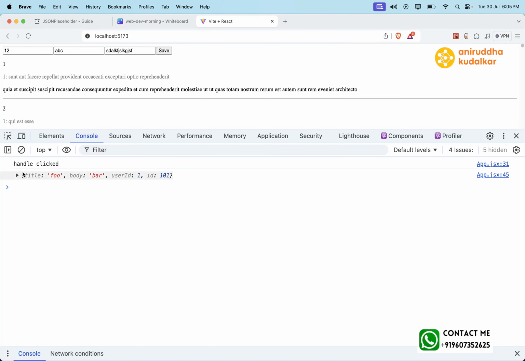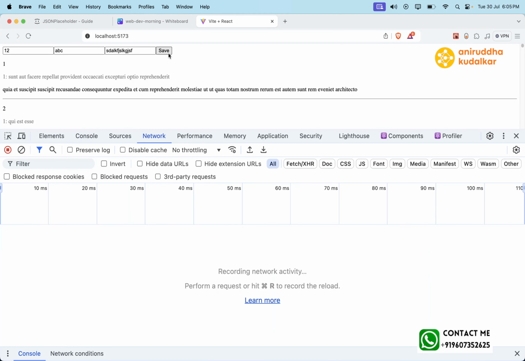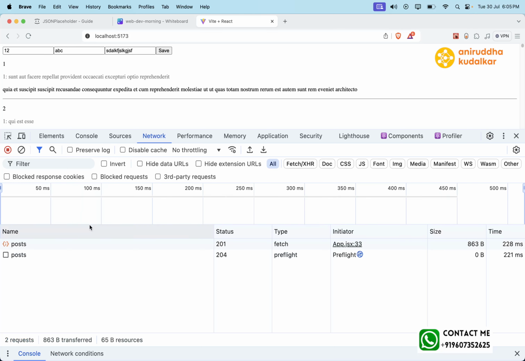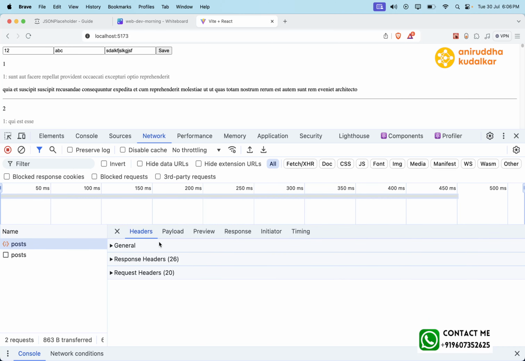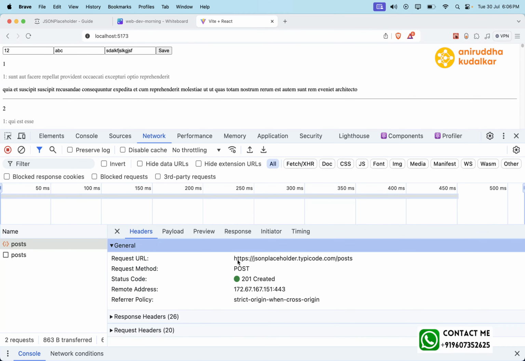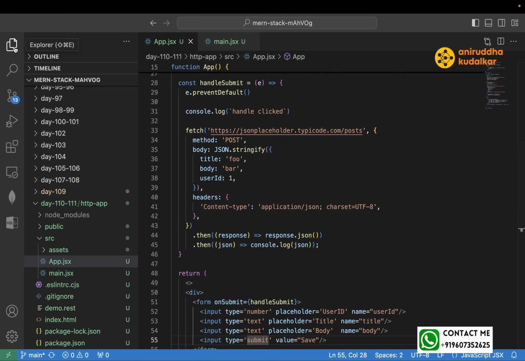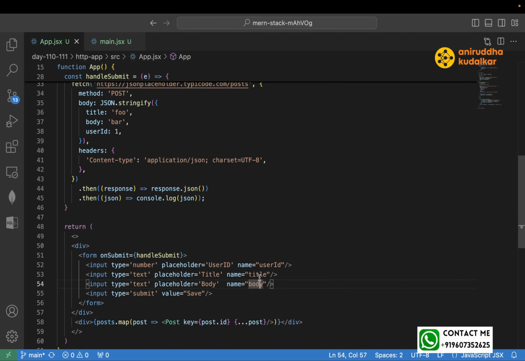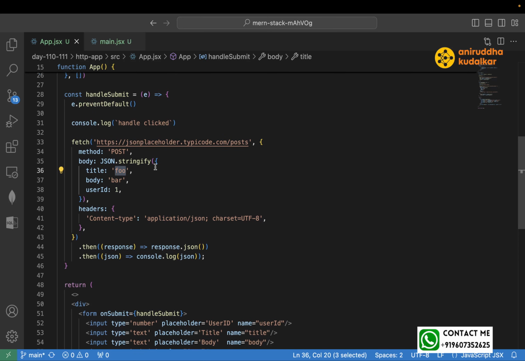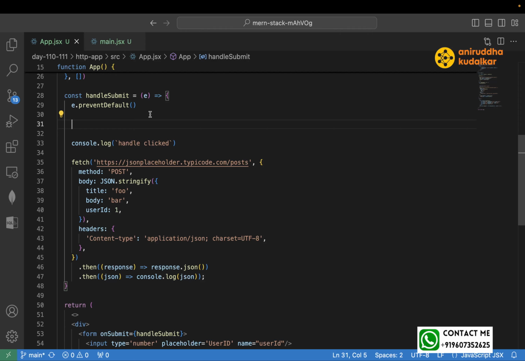Can you see handle clicked? And see, if you want to make sure that you are getting a response from the server, can you see here you are making the post, and here you are getting 201. URL is this, post 201 created. 201 what? Created. The post has been successfully saved on the server, right? But we need this data, whatever data we would be typing, that should come over here. So if you remember how to do that thing,